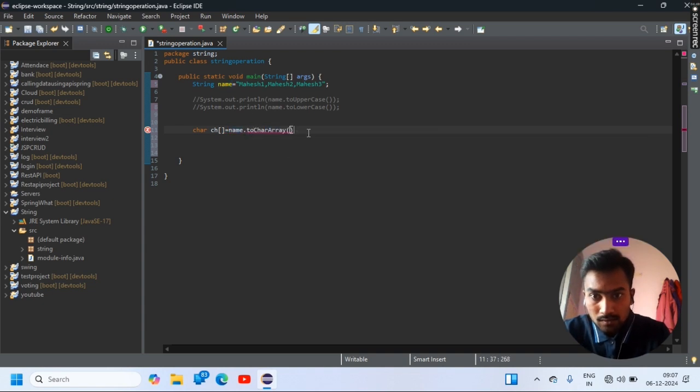Yeah, my name string is stored in a character array. Okay, then